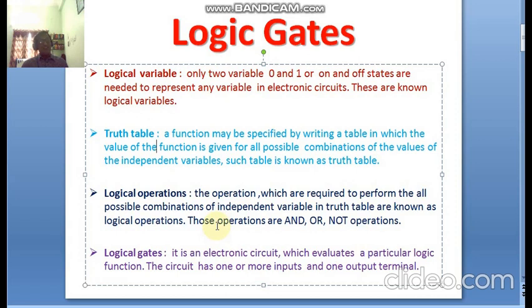Already we discussed: A is one independent variable, B is one independent variable. Due to the combination of the independent variables, we are getting the resultant function.